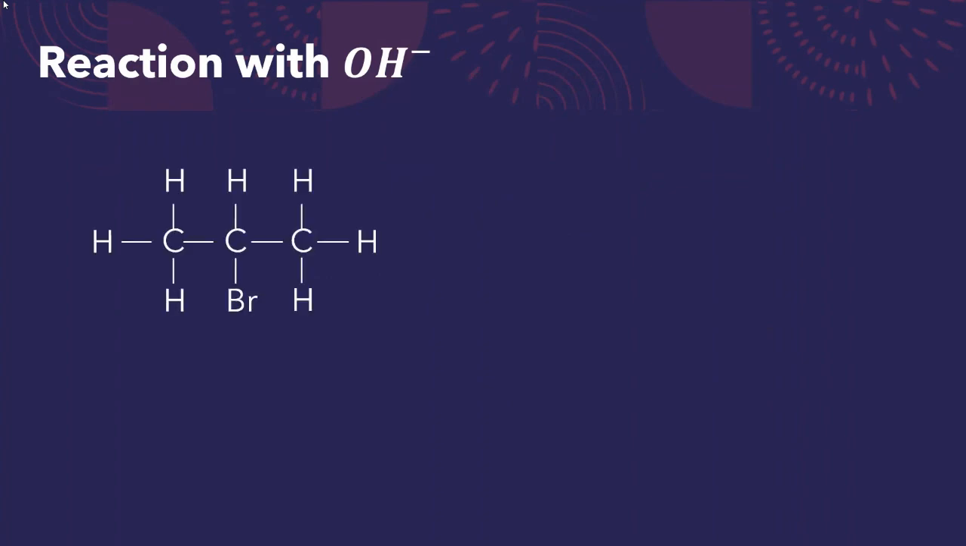Okay, so the first nucleophile is the hydroxide ion. Looking at this haloalkane, this is 2-bromopropane, and here's the nucleophile. The negative charge is on the oxygen, and also the lone pair is on the oxygen. You draw an arrow from the lone pair to the carbon that has the halogen, and then this bond between the carbon and the halogen breaks,